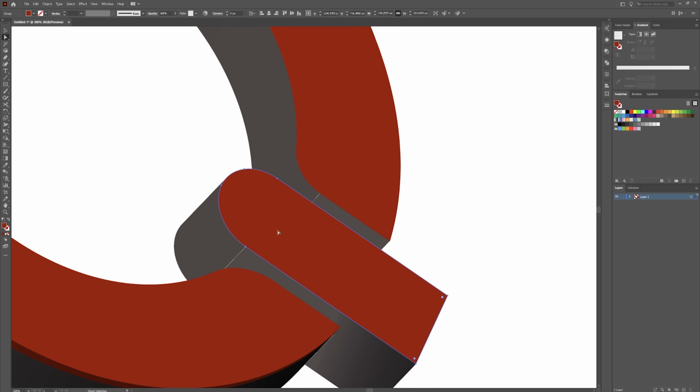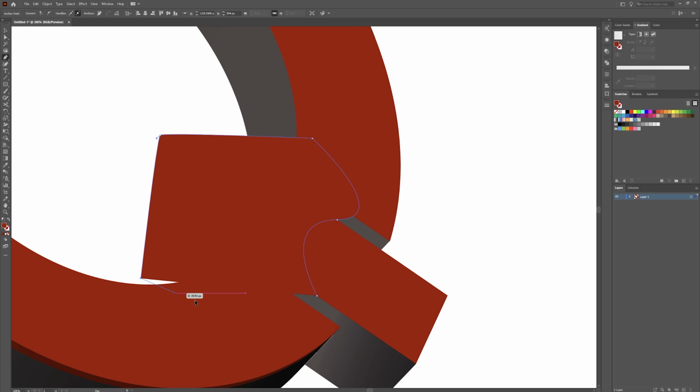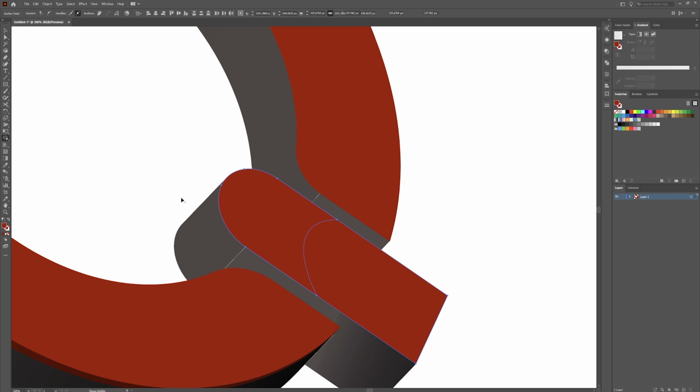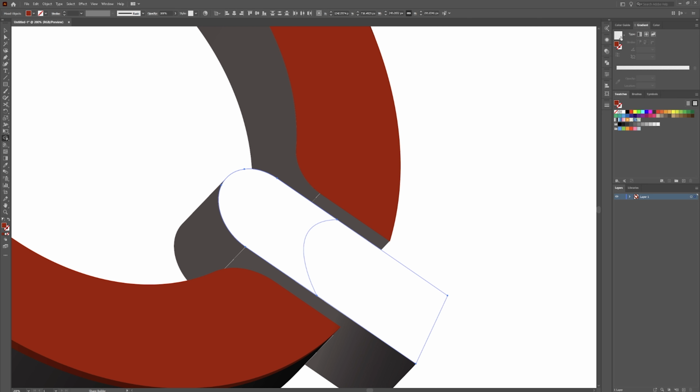So hit P on your keyboard, and then we're going to click here, click across here somewhere, click something like that, and click all the way around. Hit A on your keyboard, hit Shift, click on this other piece, Shift M for your shape builder tool, delete that piece, and now we're going to add,